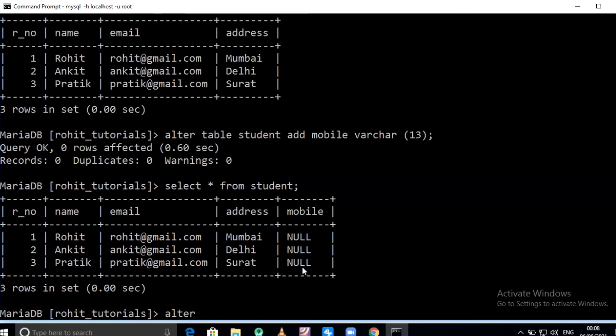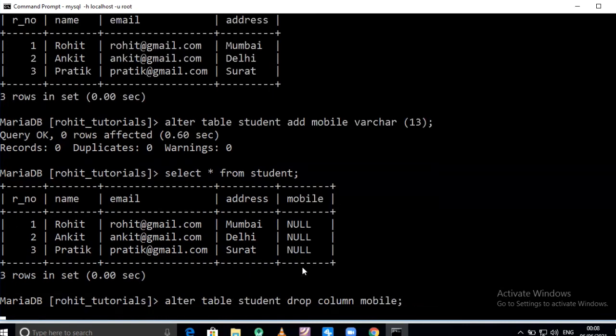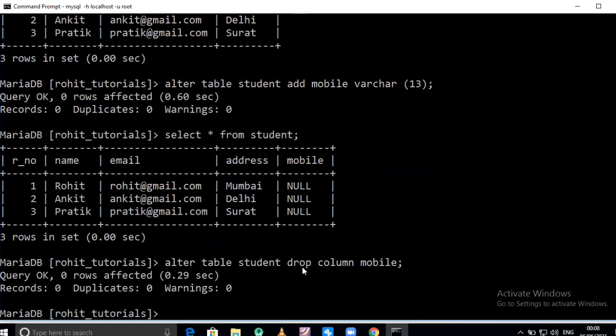Again alter table student, drop column, attribute name is mobile, semicolon, press enter.